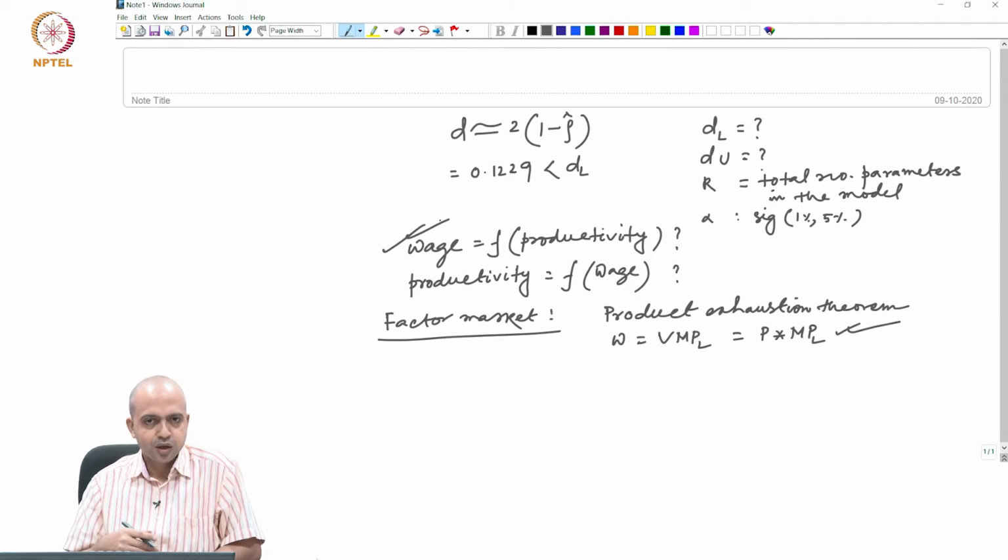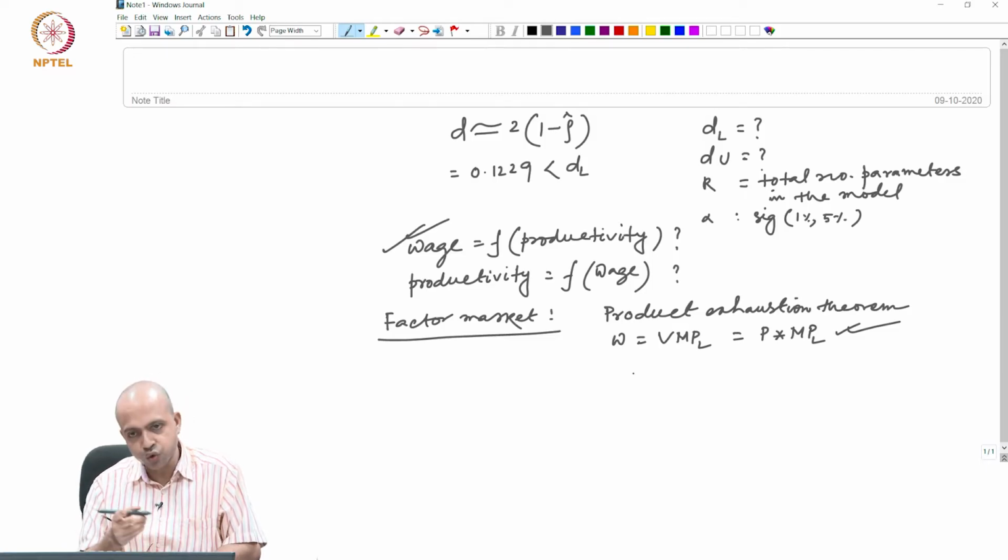So that is why, the more the wage, the more the motivation to work, the more the output per unit of labor, and as a result your productivity may also increase, right? So this type of relationship is also possible. That means between wage and productivity there is actually a two-way relationship, but for the time being